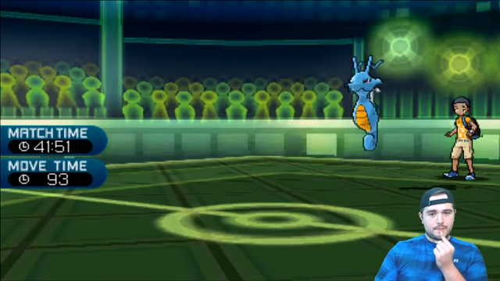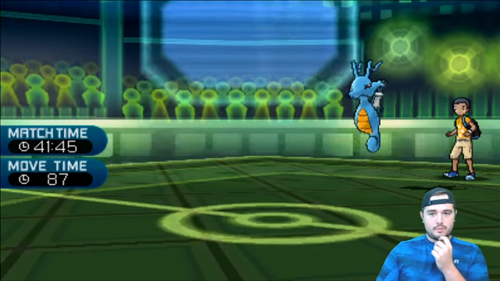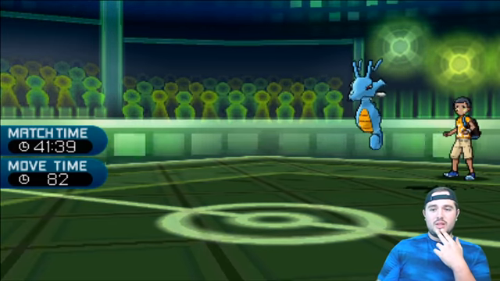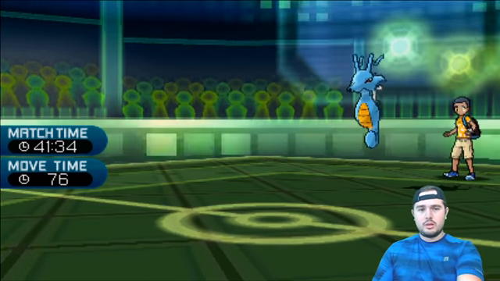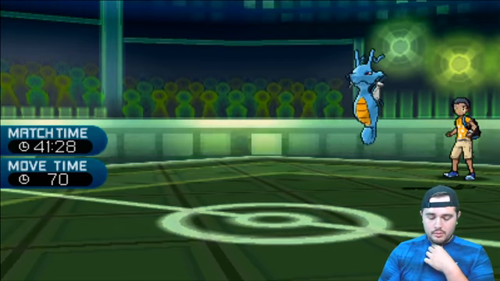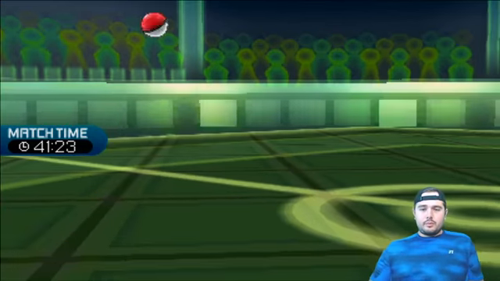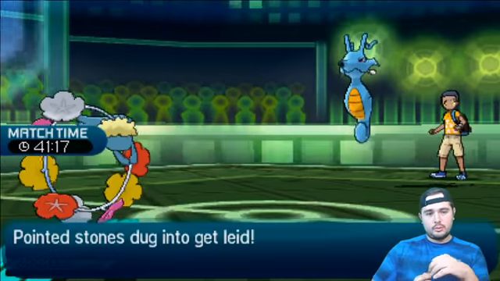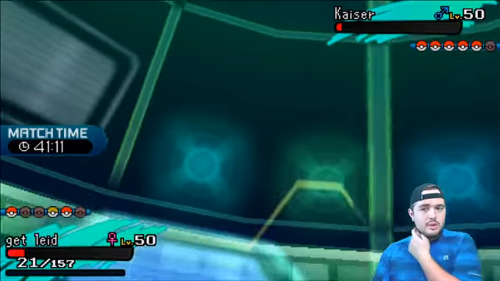So how do I want to play this? That did about 50% exactly. Even with max HP. Is he Assault Vest? He might be Assault Vest crit drop. I think going into Comfey here is the best idea. Because I can live and eat. Well, I will kill him right here. If he goes into his Ferrothorn,